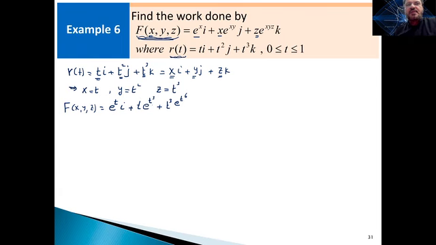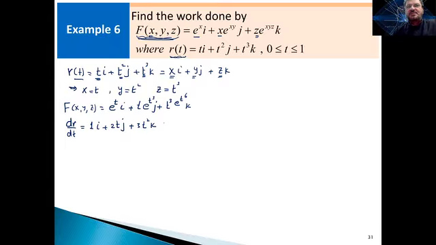So look what I did. I changed, by the way, we forgot the j and the k. I changed my force function to a parametric force function. I parameterized it using x of t, y of t, and z of t. Now, what I'm going to do is the following. I'm going to find dr over dt. What's dr over dt, guys? What's the derivative? It's 1i plus 2tj plus 3t squared k. I just differentiated,